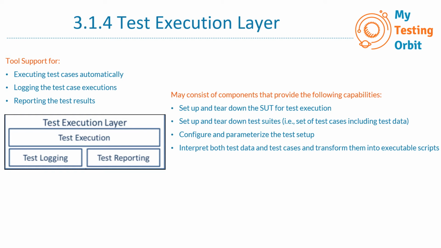The next one is interpret both test data and test cases and transform them into executable scripts. So over here, the manual test comes into place. If we already have some manual tests, we have the test cases, which are existing, and the test data as well with those test cases. We can use them to transform into the executable scripts, because many times